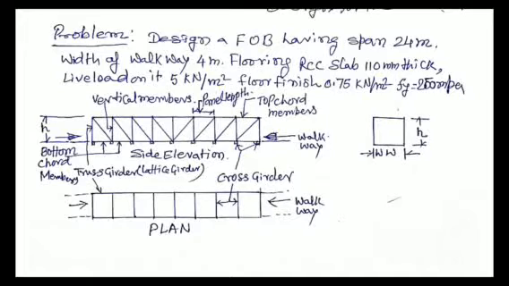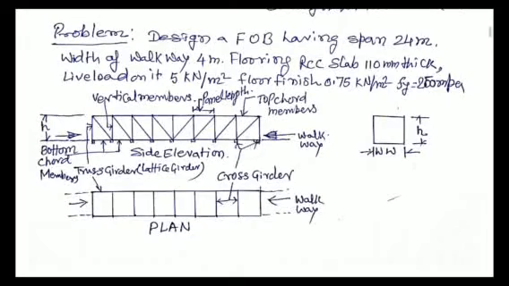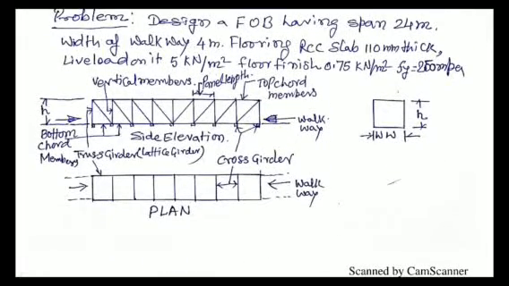Suppose this is the bridge. Now you can see the different members. This is cross section and this is top plan. So this is side elevation. So you can see the truss girders. This is truss girder which is bearing the total load of the bridge,